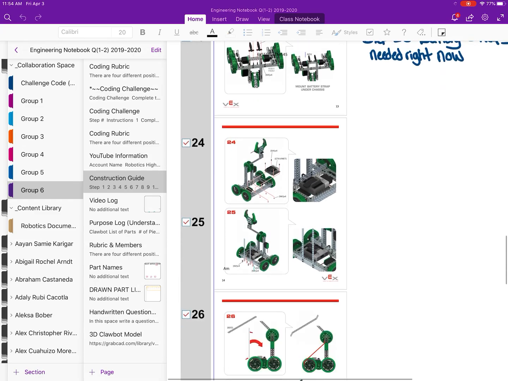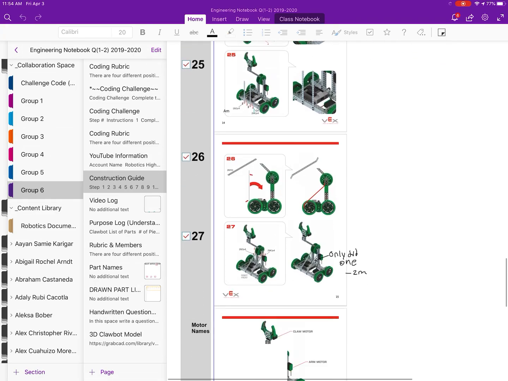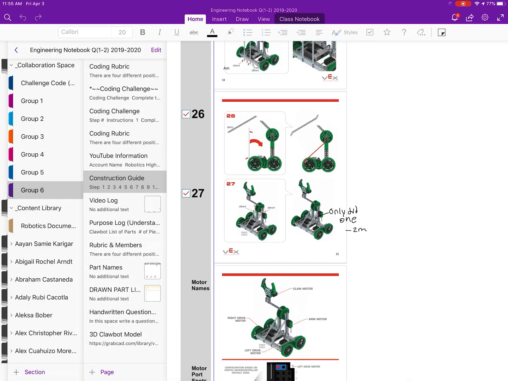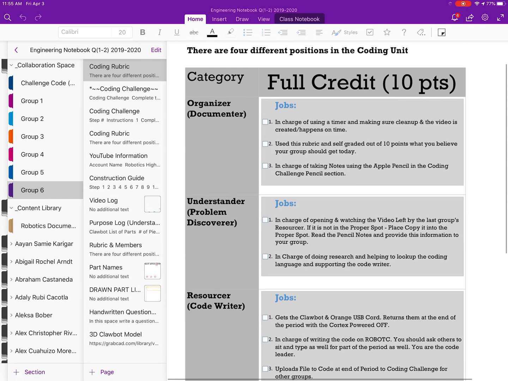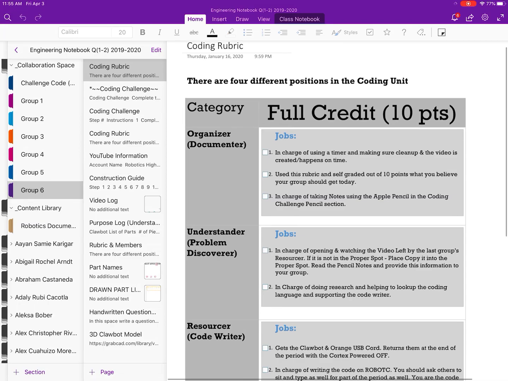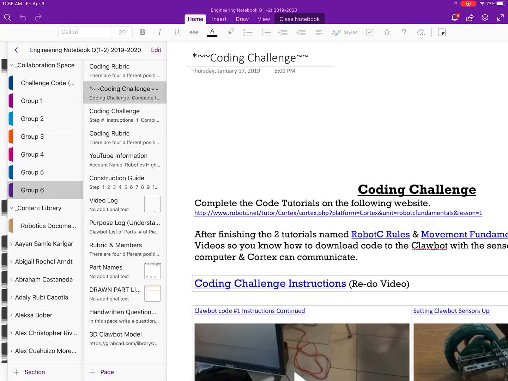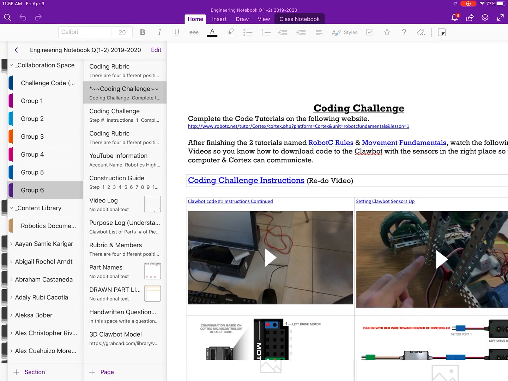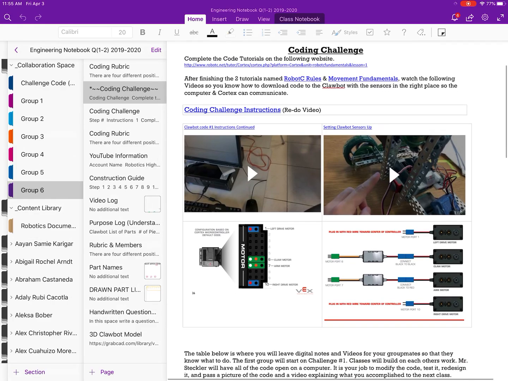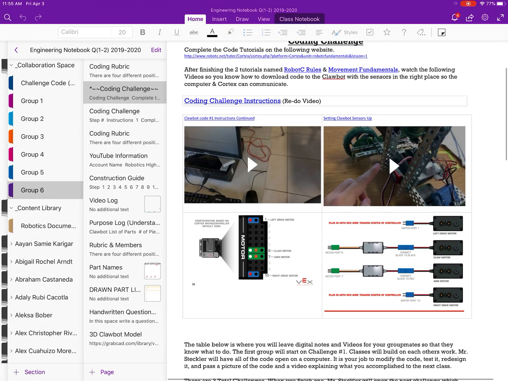And then we talk about at the end how this is never done, it's simply functional or not functional, because after this they are going to move on to the coding part of this unit. And in the coding part, they get the new rubric with the specific roles, same groups, and they get the coding challenge over here where they have a document with the group where they are going to start by learning how to code and how to set up all the sensors so that the code, when fully written, is actually